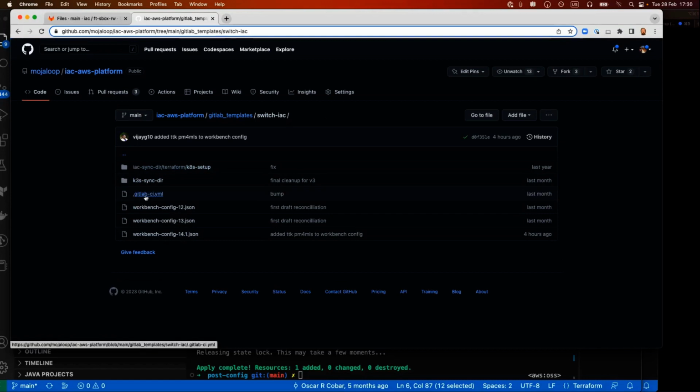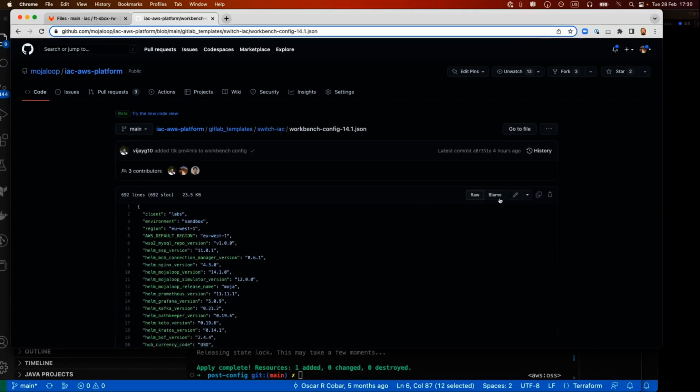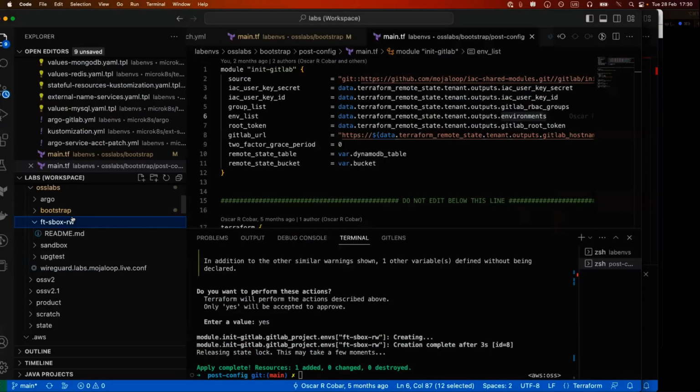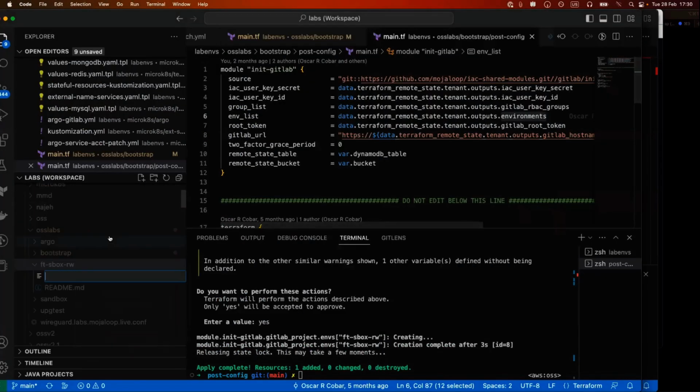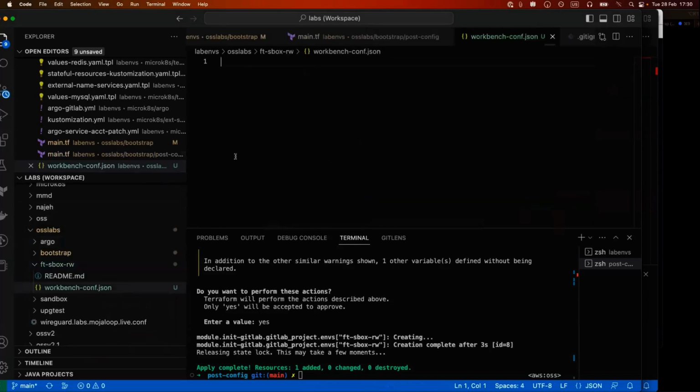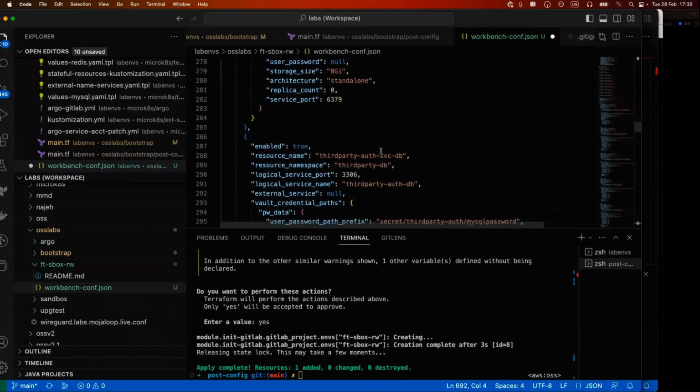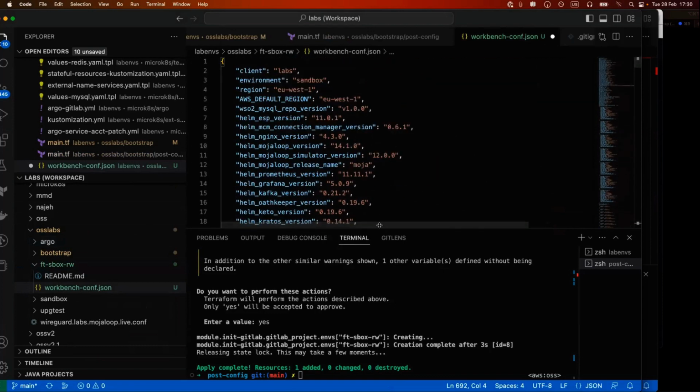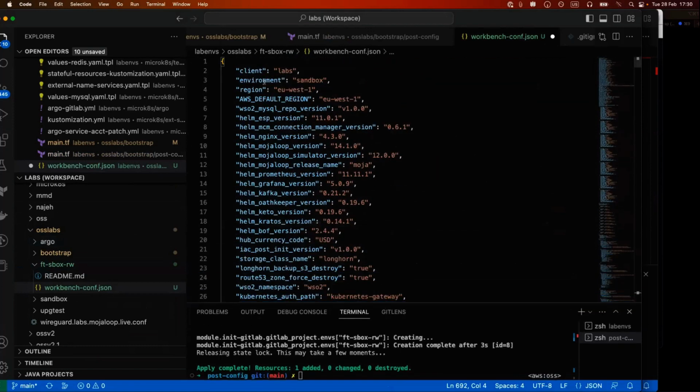So I think the easiest thing to do is that we'll take this file here, and we're going to use, most definitely we're going to use that. So in here, let's create a new file. Let's call it the workbench. And let's paste that in. All right, so what does that do in a nutshell? That sets all the versions,